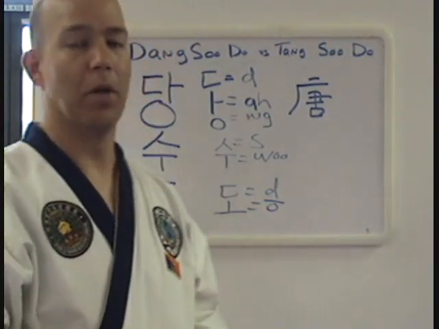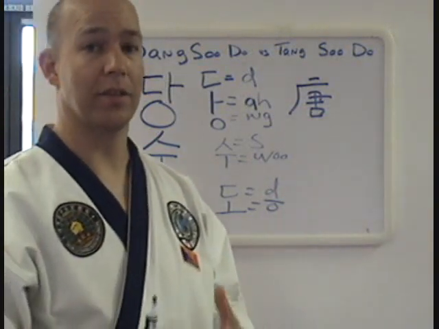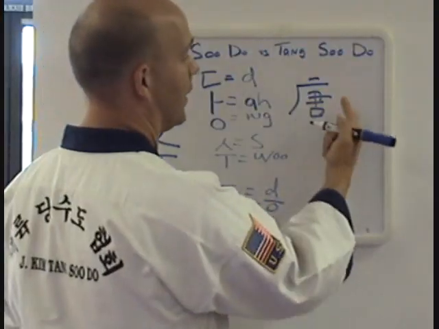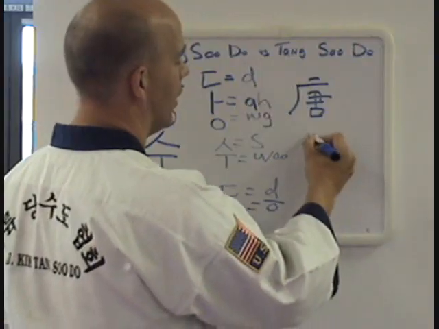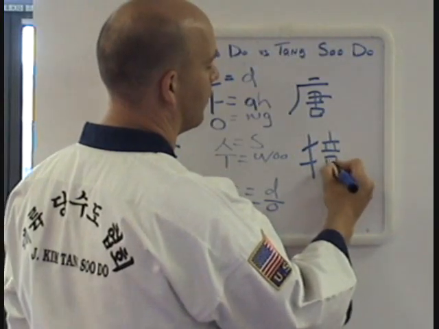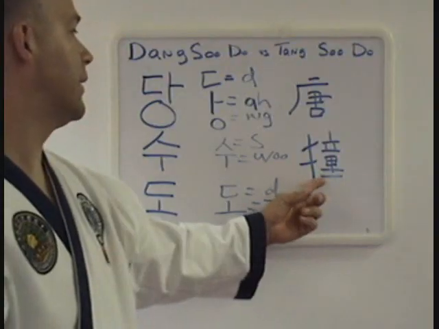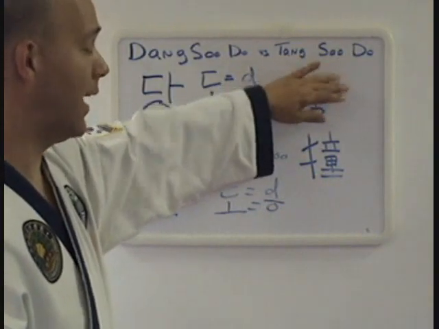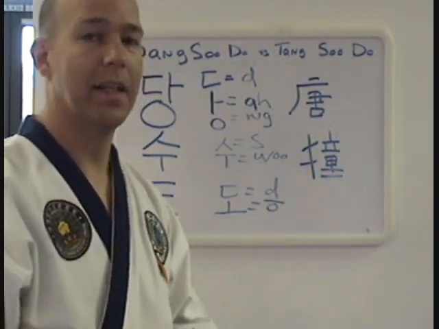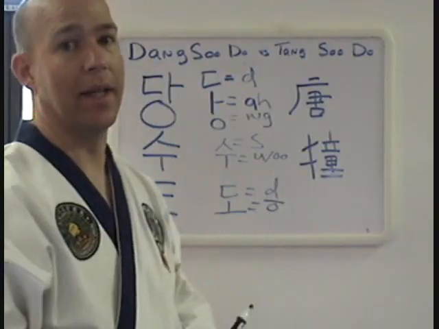So I see that most people have stopped using this since then. Even the original Tang Soo guys have started using Subak Do instead, and even most of the Tang Soo guys have switched from the Tang Nada Tang to Chil Tang, which means to hit. This means to hit or strike. So not too many people are still using that anymore. Most have since dropped it since then. But I'm just explaining why I use it.